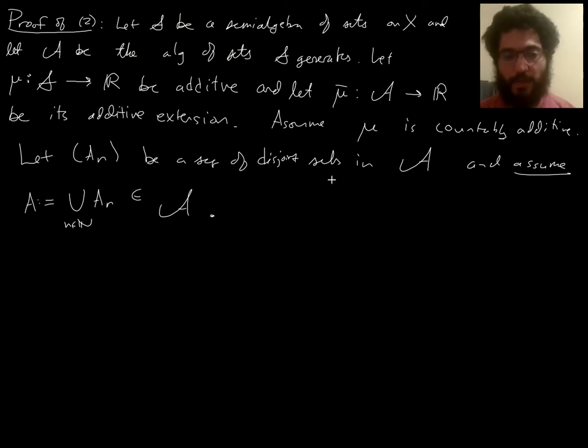Then we want to prove that mu bar of this union is the infinite series sum of the mu bar of the A_n. Somehow this is supposed to follow from the countable additivity of mu, whose domain is only the semi-algebra. So there's no hope of getting anywhere without breaking down these A_n in terms of unions of things in the semi-algebra. So for each n,